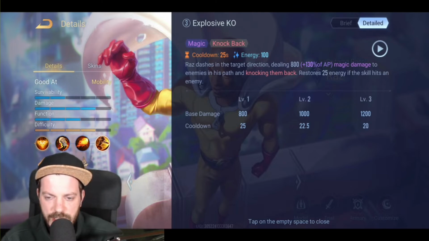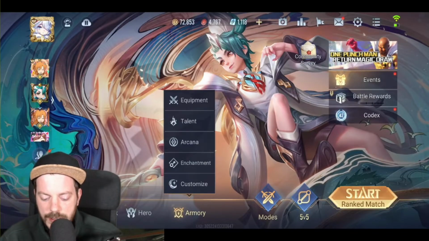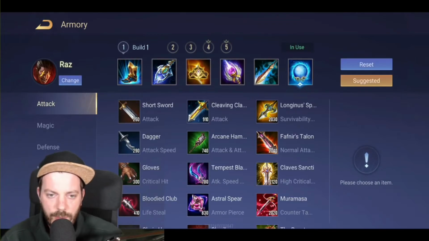As you can see, base damage is 1200 as at the last level, and the cooldown is actually reduced to 20 seconds, so you can use that a lot. Talking about all his powers, as I already said, he is ability power damage based, so that means that we're of course building a lot of magic